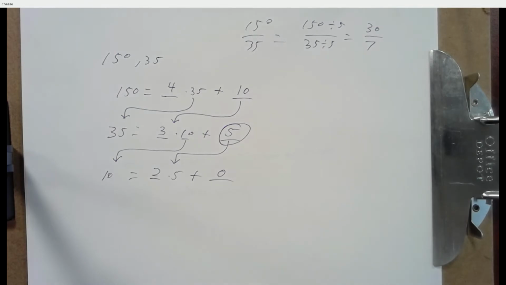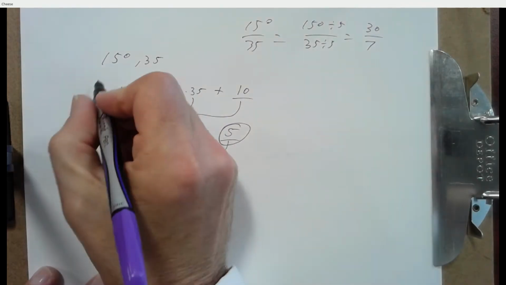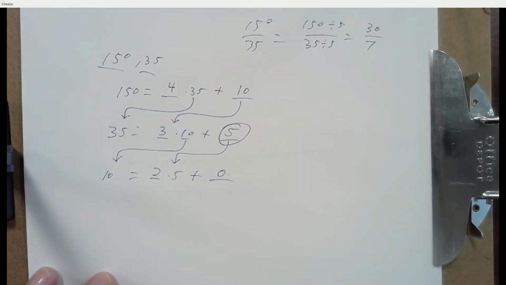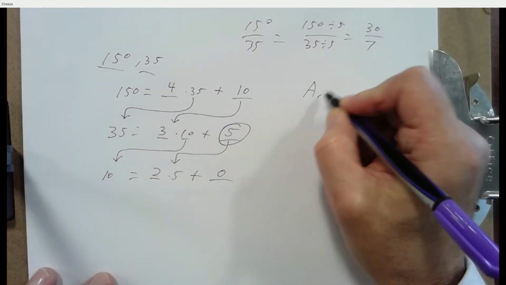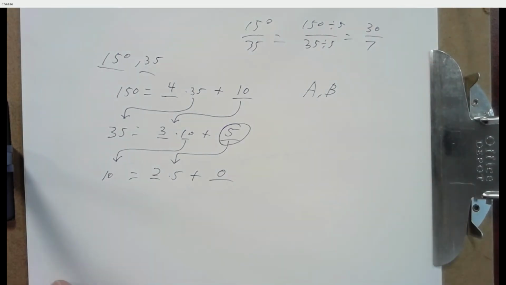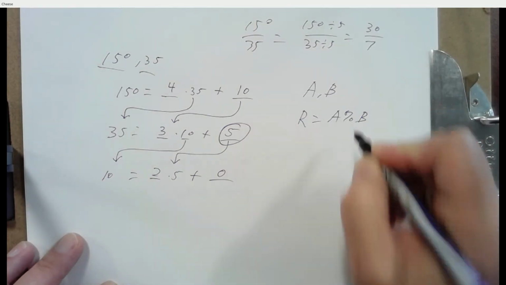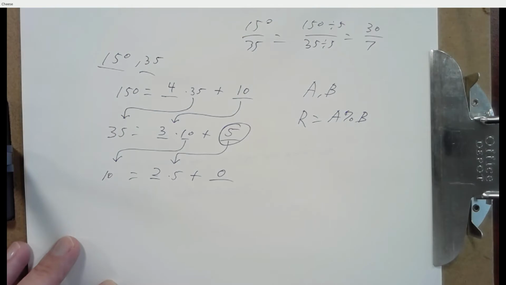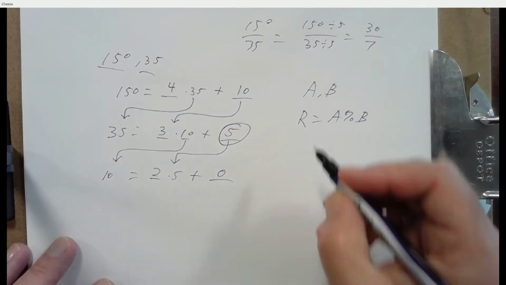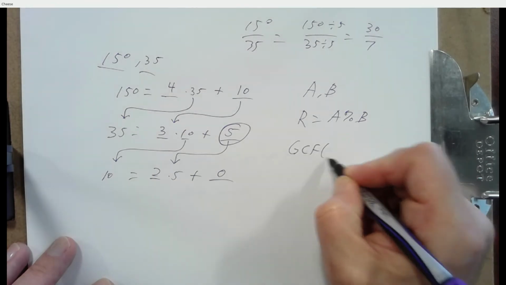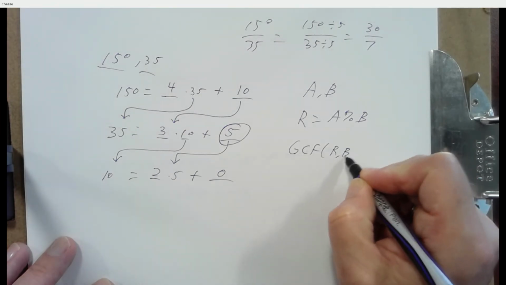All right, so how do you do this? It's a while loop, depending on how you want to construct it. It's some kind of a loop. You need to keep 2 numbers, right? So you've got A and B. Maybe you could call them something better than that. And then remainder equals just A modulo B. And now you basically want to find the greatest common factor of that remainder and B,